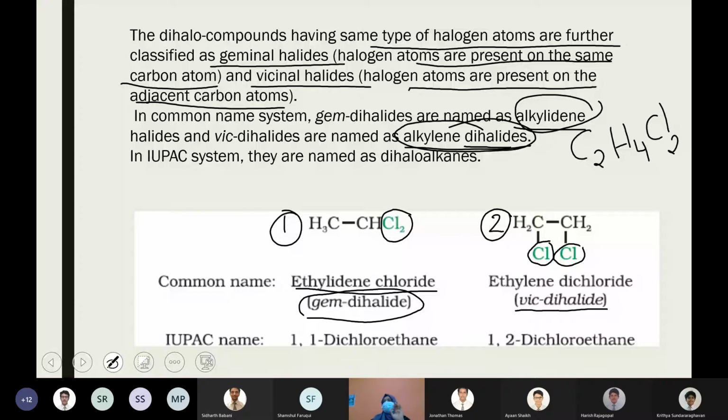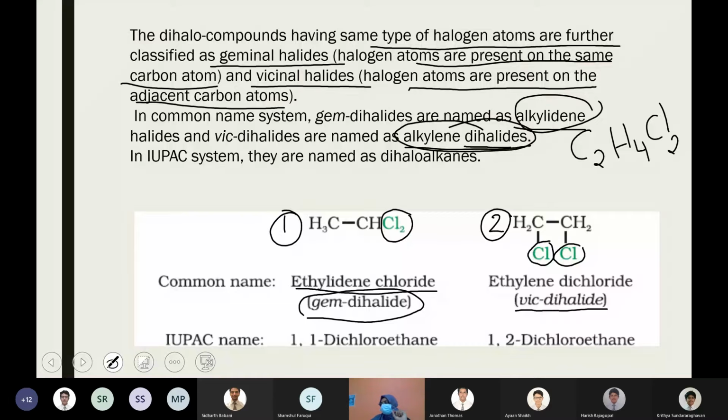So this geminal and vicinal terminology is very important because in the exam the question can be specific, like the geminal dihalide of a particular compound or in the vicinal position. So vicinal means two functional groups. Here we are talking about halogen, that's why we call it vicinal dihalide. It could be an alcohol group also in the adjacent position, any other functional group. So vicinal position means functional groups on adjacent carbon atoms. Geminal means functional groups attached to the same carbon atom.